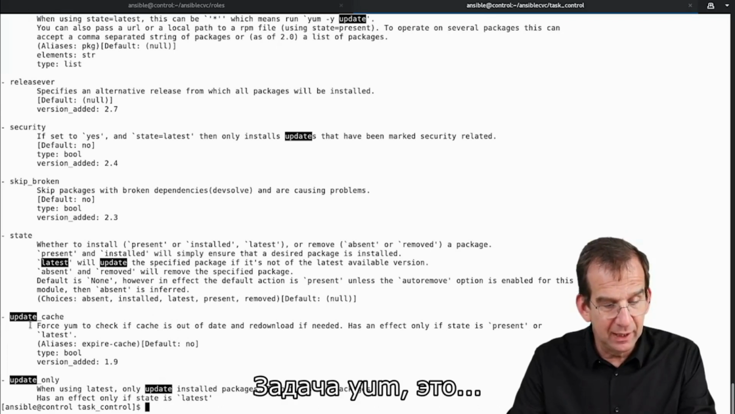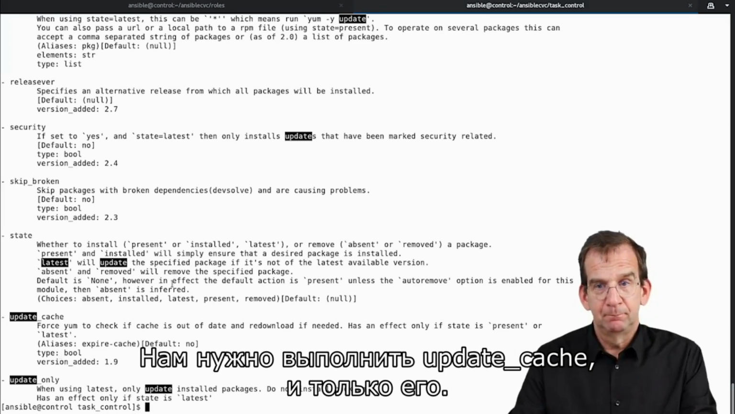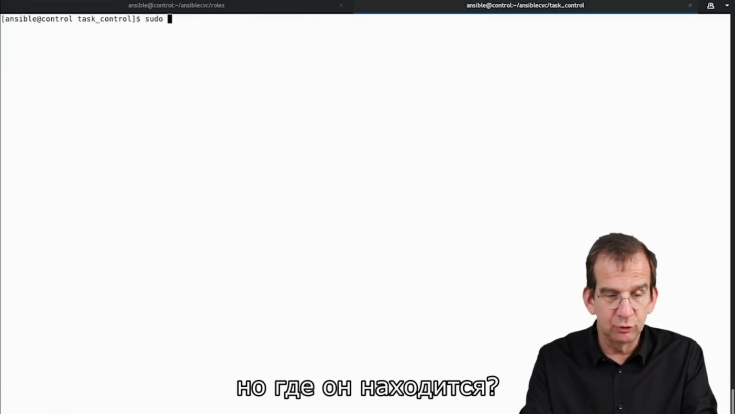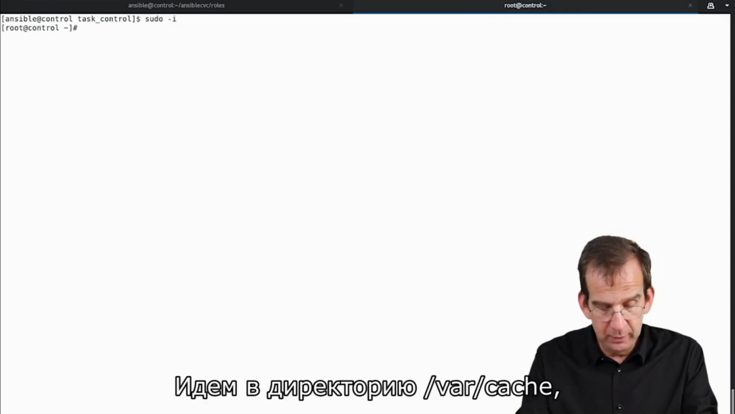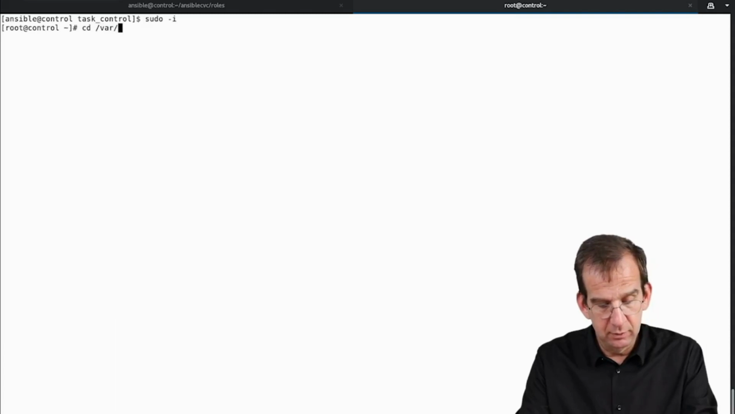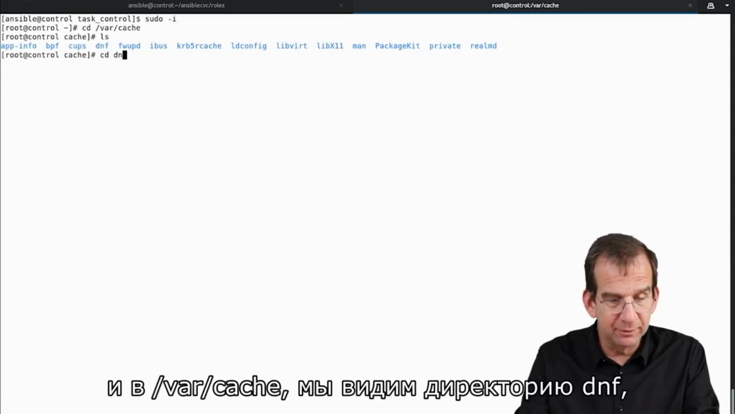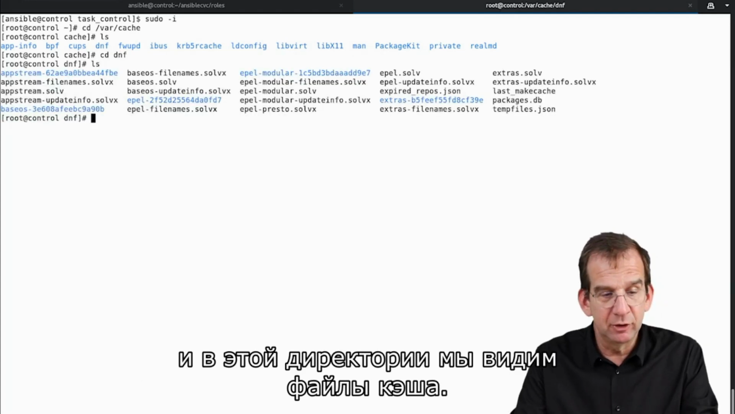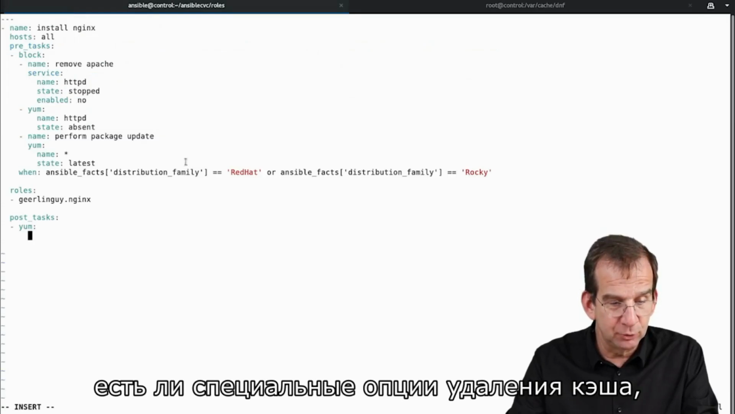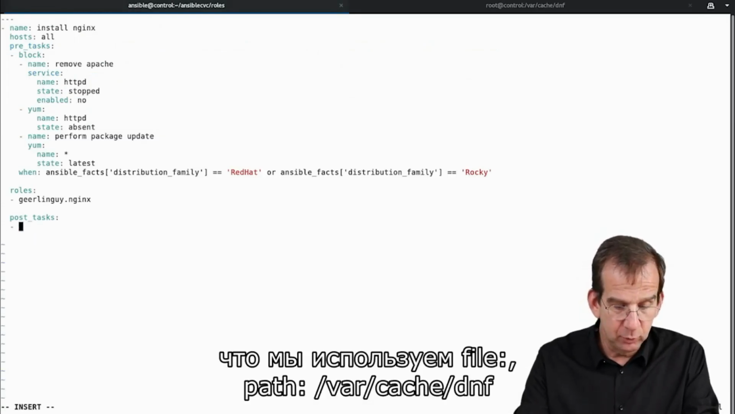The yum task, well, we have an update cache and an update only. So the last task is to run the yum package cache, but where is it? Sudo -i. We have this var cache directory, and in var cache we have a DNF directory, and that looks like a cache. I don't know if there's a specific option to remove the cache, but I do know that we are just going to use file